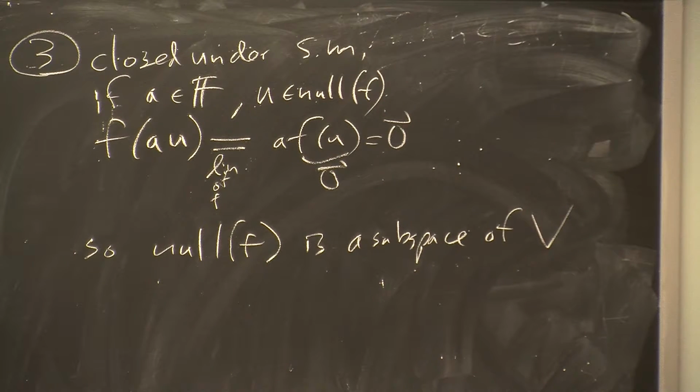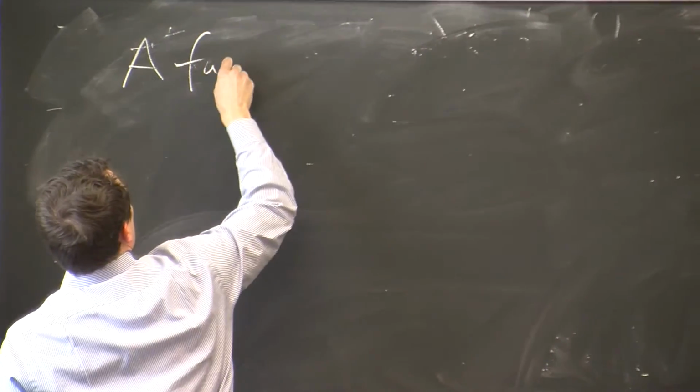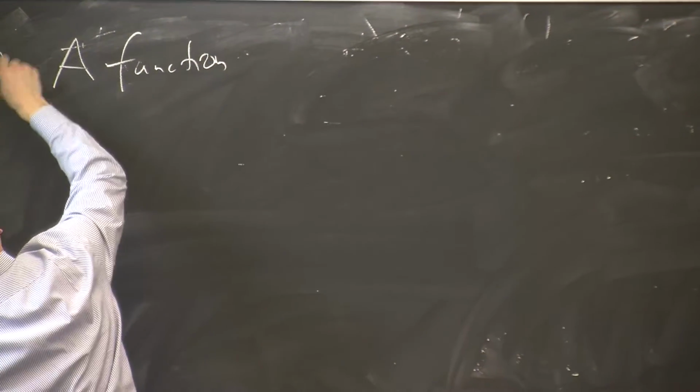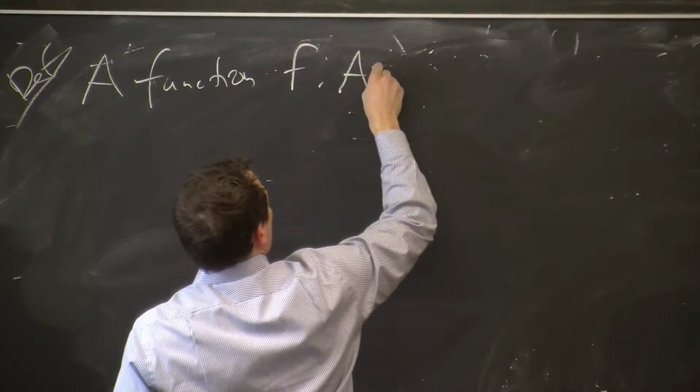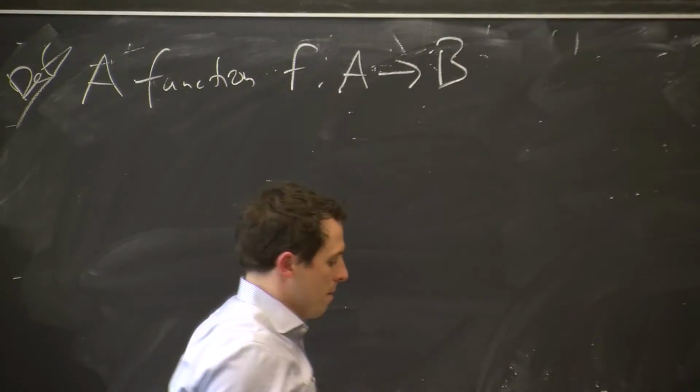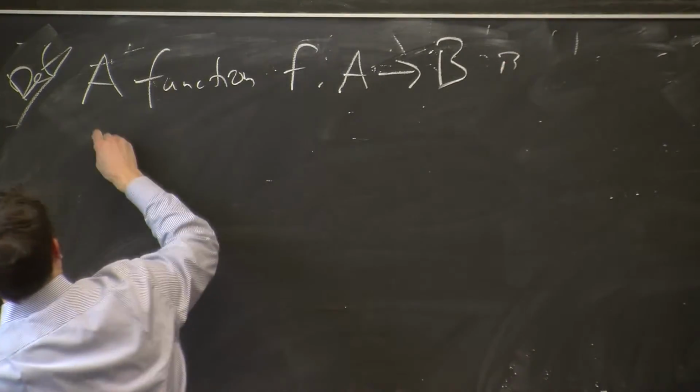So the last thing I want to talk about today is injectivity and surjectivity. There's a couple questions about this on your homework, so you had to read ahead a little bit, but let's talk about it in case you haven't looked at that yet. So injective and surjective are defined for functions. A function f from a set A to a set B is injective